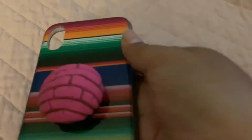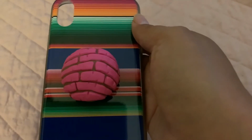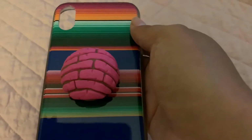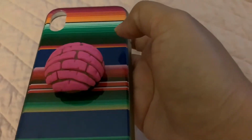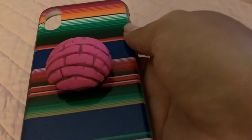So I wanted to show you guys what I made today. This is my first time making it. I've been wanting a Concha pop socket. I'll put pictures in because I didn't even think about YouTube. I just posted on Facebook and Instagram. But anyways,